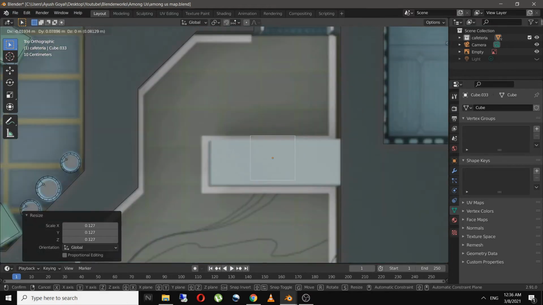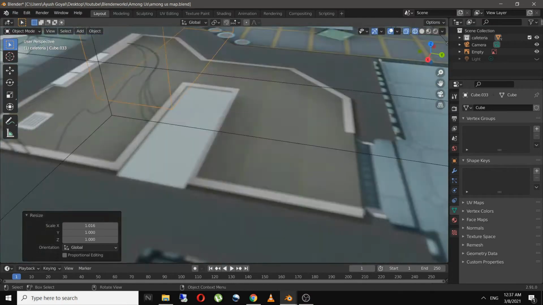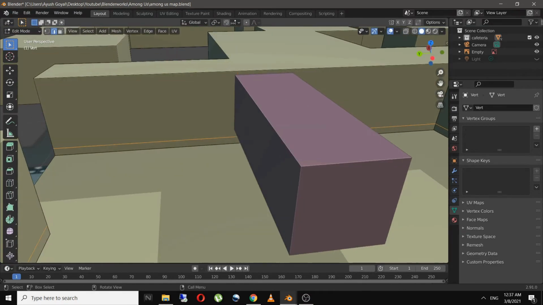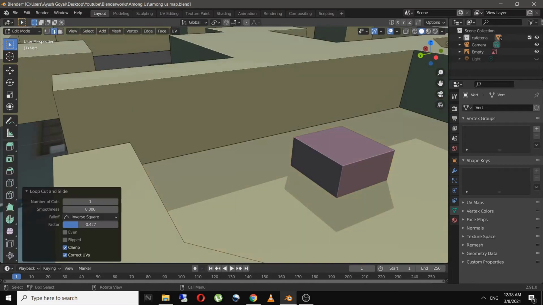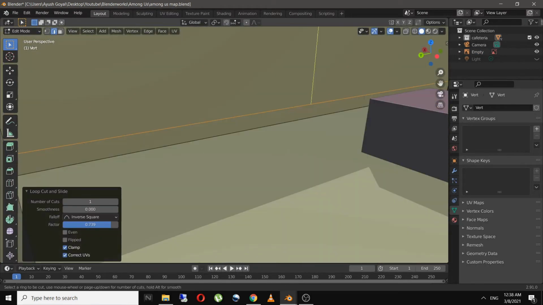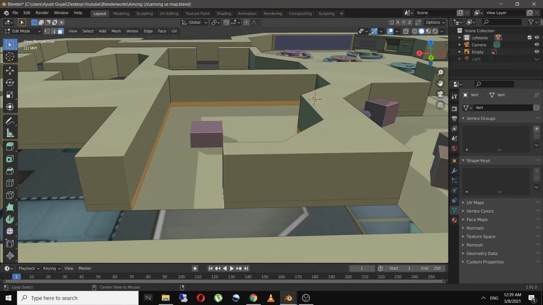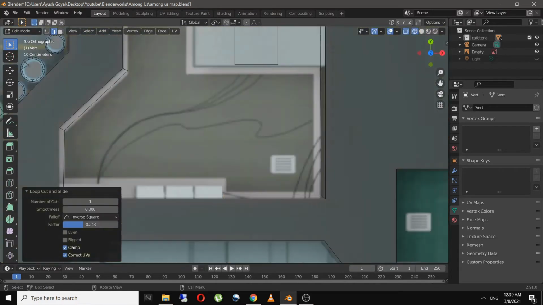After the storage, I started modeling the electrical room, which was almost the same as the storage. But in this room, I had to add in a boundary at the bottom of the floor and extrude it.